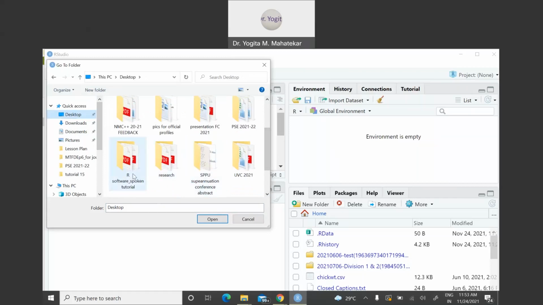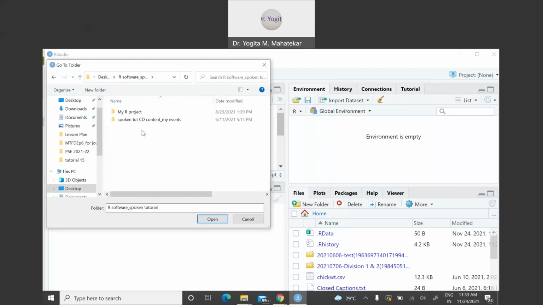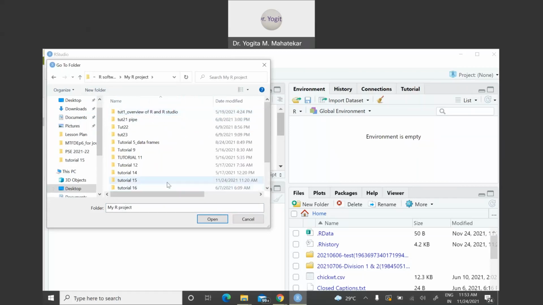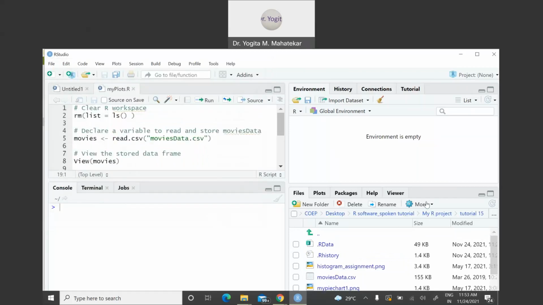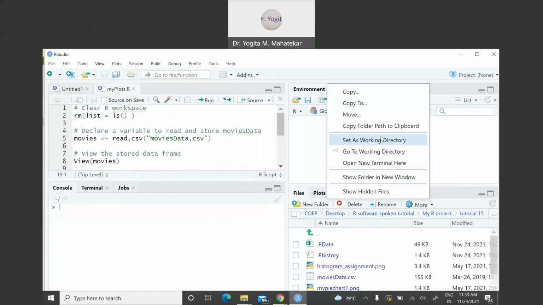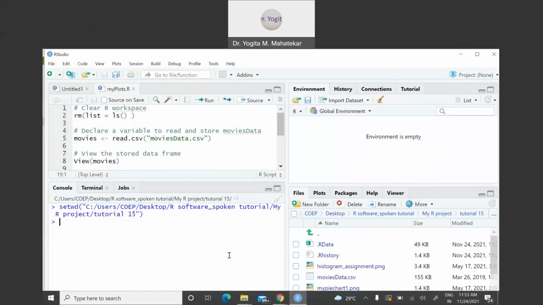So let me open my R project, and then this tutorial 15 I will open, and I will set it as the current working directory. Okay, so from this folder, namely tutorial 15, this myplots.r is opened in RStudio source window.